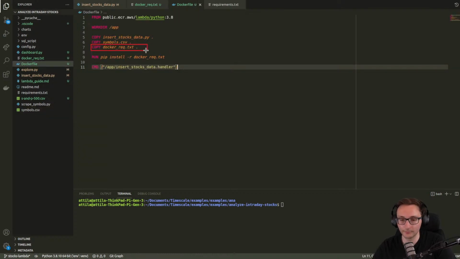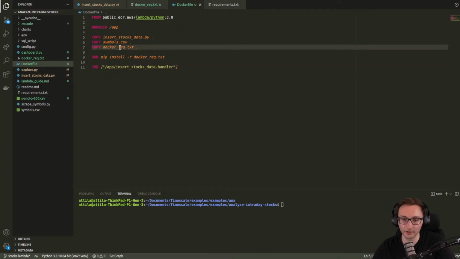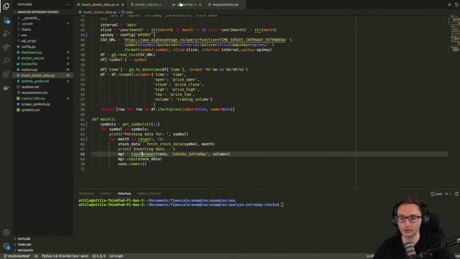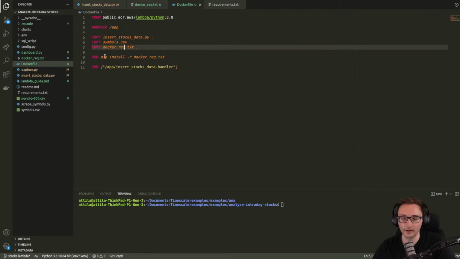And then obviously the requirements file, which is in our case Docker req.txt, which has pandas, requests, psycopg2-binary, and pg copy in it. Right. And then we are pip installing everything from the requirements text file, and then specifying the Lambda function,